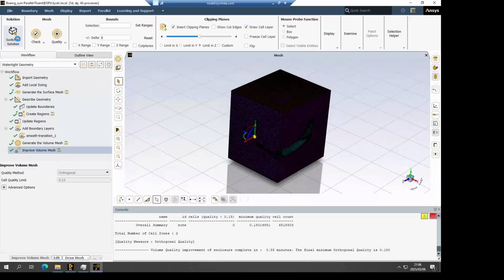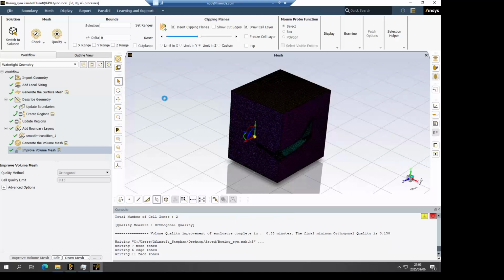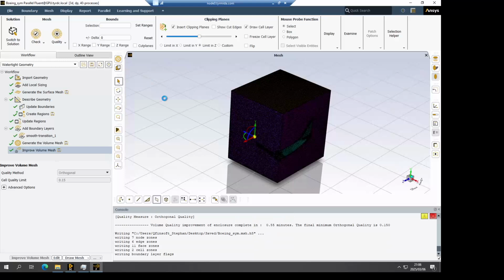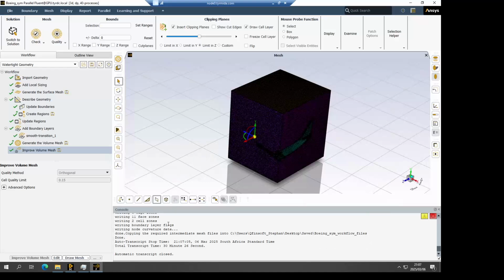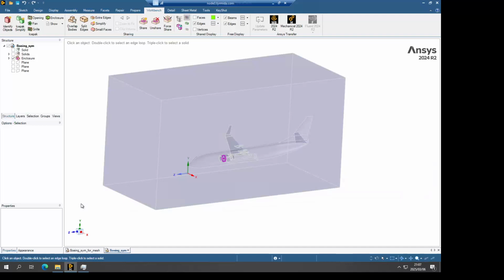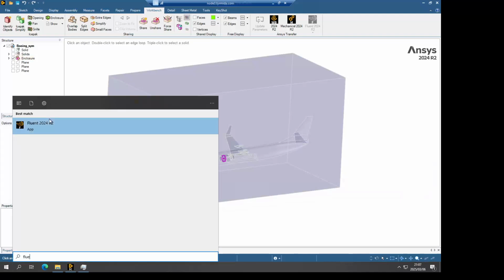And now typically you can switch to simulation, and we will just open it directly on the solver, and it will use the same number of cores that you used to create the mesh. But because I want to open it in the GPU solver, I will need to exit my mesher and then open the mesh again in the Fluent GPU solver. This is required because the Fluent GPU solver is a completely separate entity to the CPU solver.